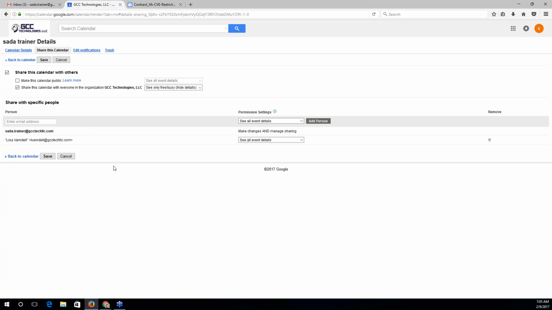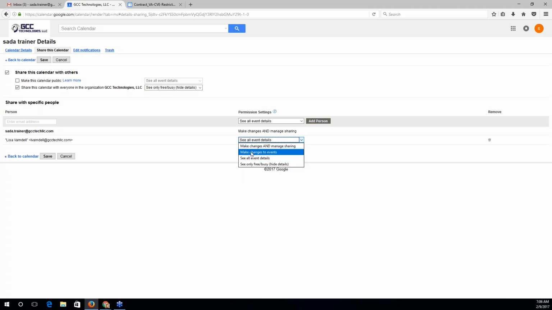So you'll type in your name. It may not appear in the drop-down if you don't have your work account saved in your personal account's contacts, but you can include that here, and at this point you can toggle between different calendar permissions. If you just want to see what you're up to in your personal calendar from your work calendar, then see all event details should be fine, because it means you can see the title of your events on your personal calendar, you can see where you'll be, etc.